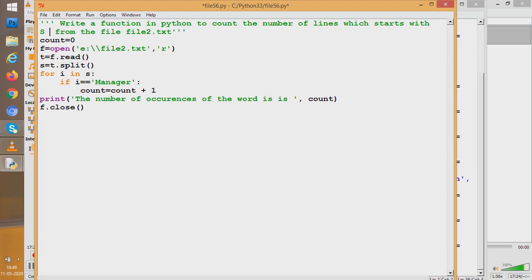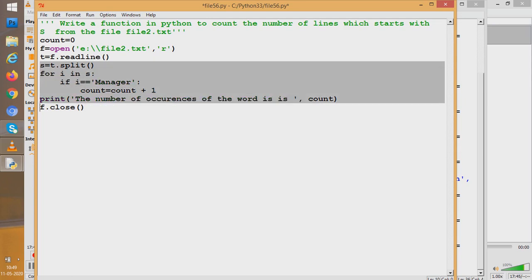Now it is a question of lines. So first we should know how to read lines. Students, there are two given functions for reading a line. One is the readline function. See, I have written which function? The readline function. Now what readline does is a very simple, trivial thing.